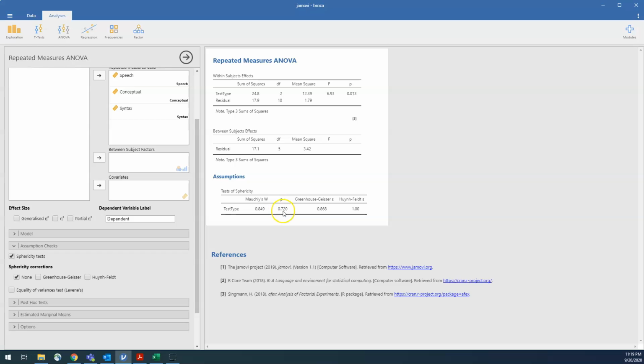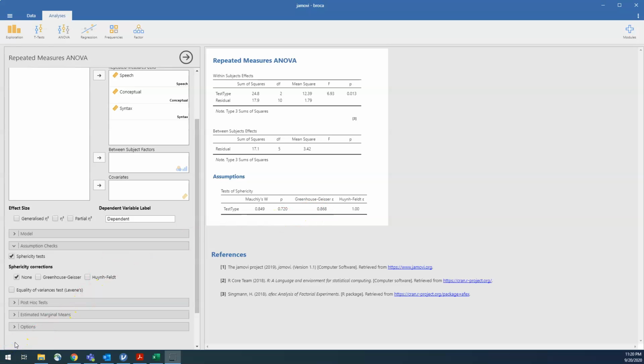Let's assume for a second that this actually was statistically significant. It was less than 0.05. That means you violated the assumption of sphericity, and the variability across the 3 conditions isn't the same. In that case, you would have to come over here to the Greenhouse-Geisser and the Huynh-Feldt to see which one of those you would need to use as a correction. If the Greenhouse-Geisser is greater than 0.75, then you need to switch over here to the Huynh-Feldt. This is greater than 0.75, so in this situation we would come over here to the Huynh-Feldt. If it's less than 0.75, then we would use the Greenhouse-Geisser metric here.